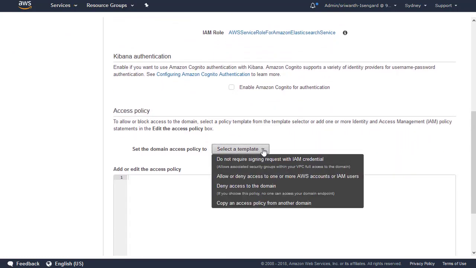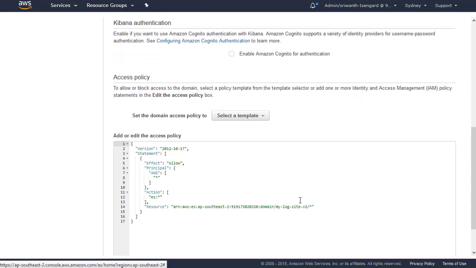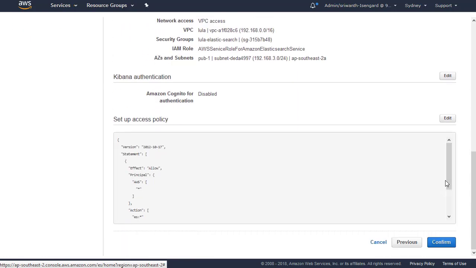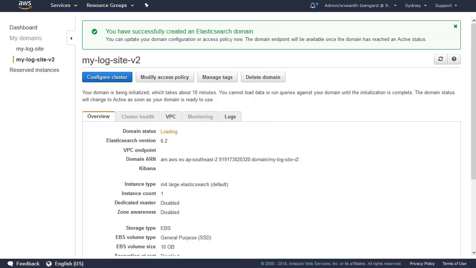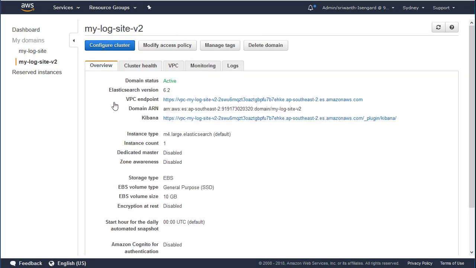Elasticsearch cluster very easily. Of course, you can define very complex security. Usually, if it is a development environment, you expose it to the network that the developers are accessing. So in this case, I'm going to allow it to a certain network and not give a very complex configuration. All right. Click confirm, and it takes about 5-6 minutes to create the cluster. Once the cluster is ready, you can go into it and it will provide you a URL to